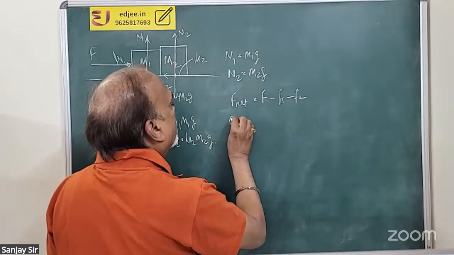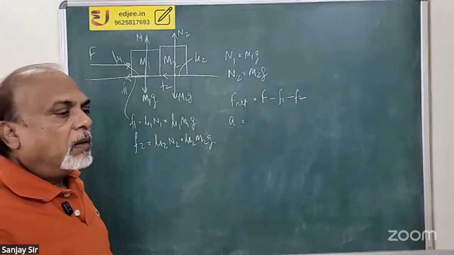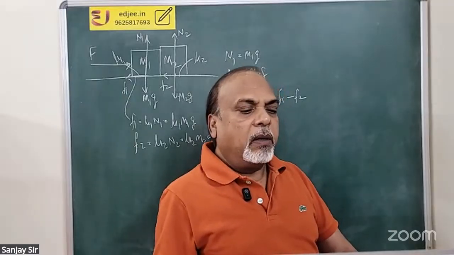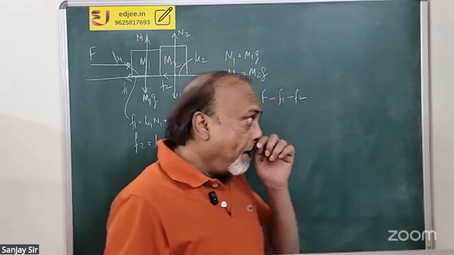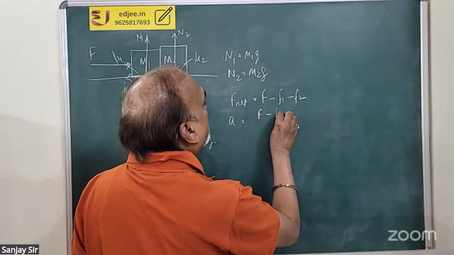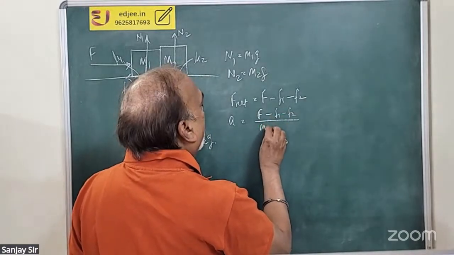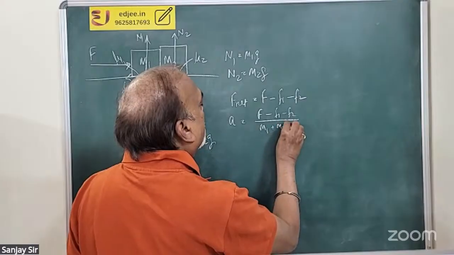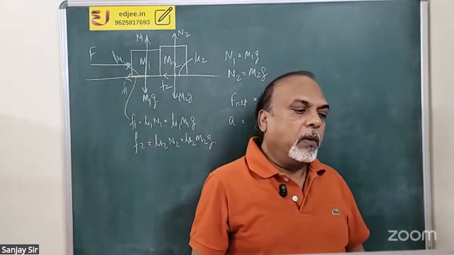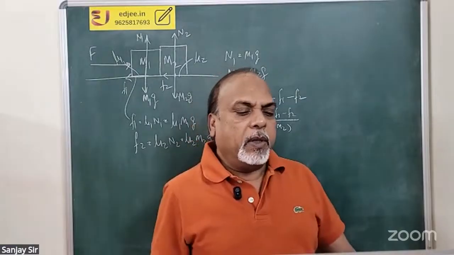And what will be the acceleration of this complete system? Acceleration will be F minus F1 minus F2 upon, of course, M1 plus M2. यहां तक तो कोई प्रॉब्लम नहीं है। करेक्ट।